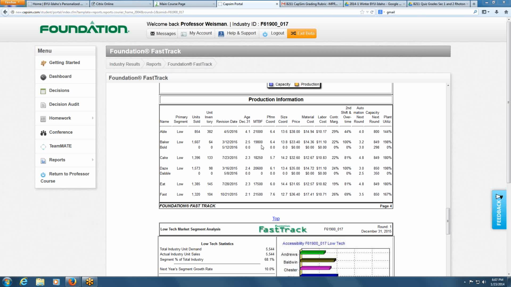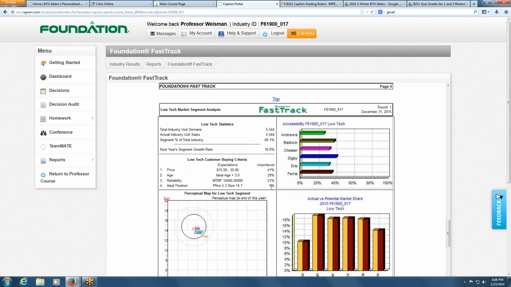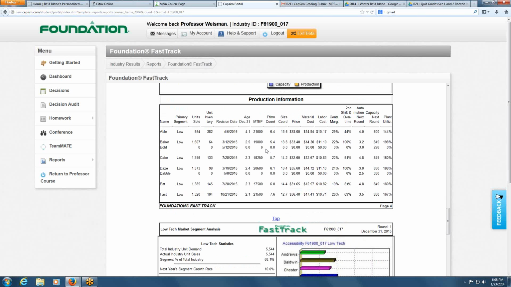Then I'm going to look at the MTBF, and it says that the MTBF should be somewhere from 14 to 20,000, which is 21% important. Now my MTBF is better than his, so people would have bought mine because of that, but his is still at the high level of the MTBF. And our performance and size were about the same.